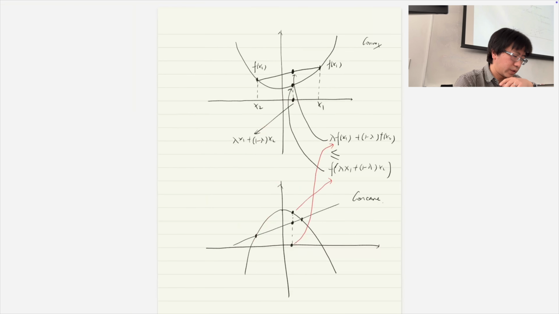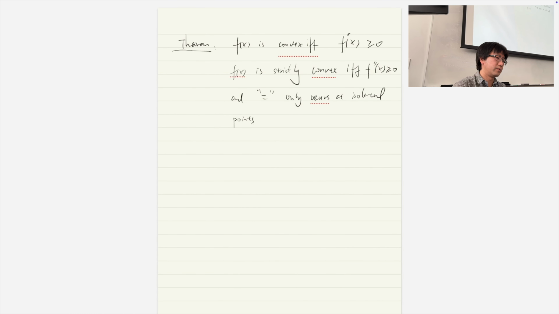Okay, so strictly convex basically means that, so here there's something flat. Sorry, strictly convex means this, right? So not strictly convex basically means this could be flat. Okay, and so I have a lot of minimal points, right? So yeah, this is a way to determine whether a function is convex or not, or either is strict